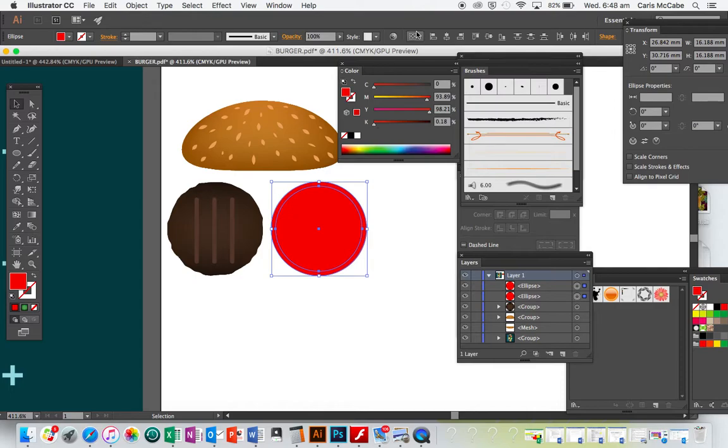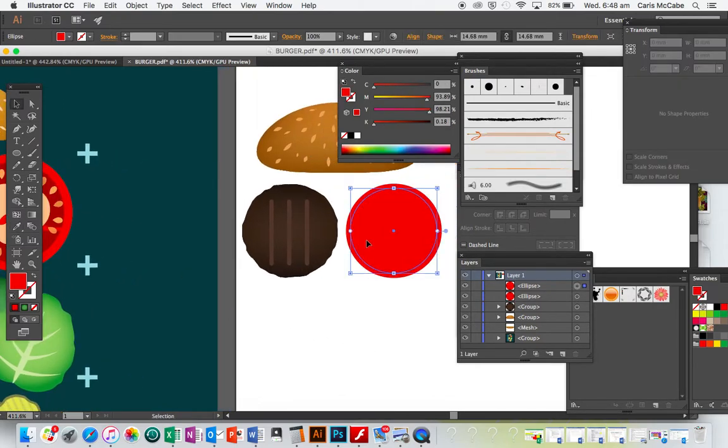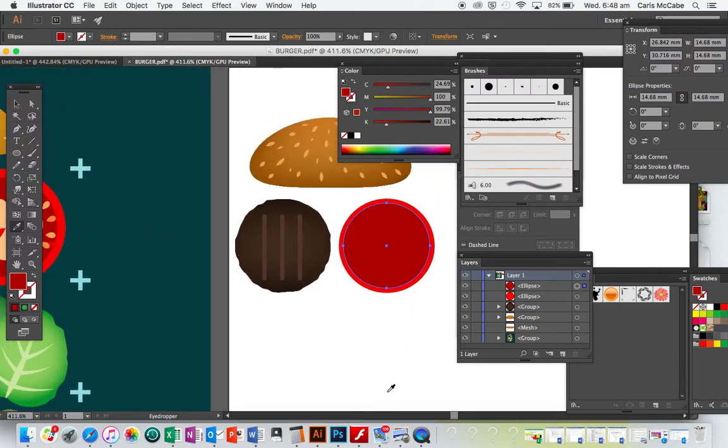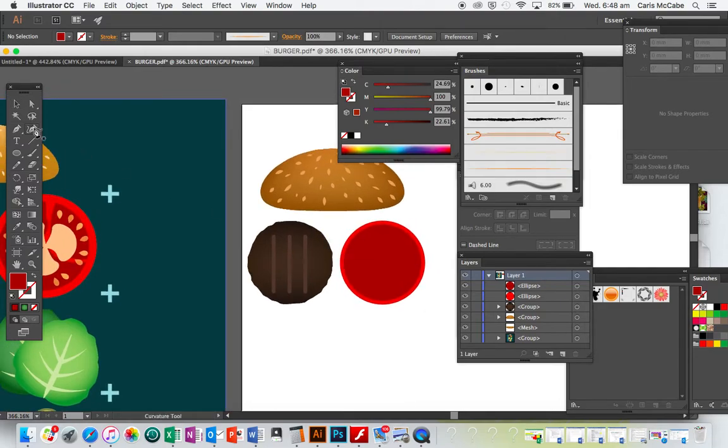I'm going to select both of those now and just make sure in my Align panel that they're in the middle, that they're in the center of each other by clicking Horizontal Align Center and Vertical Align Center. Then I'll make the one in the middle a little bit darker. Okay, now what I've done